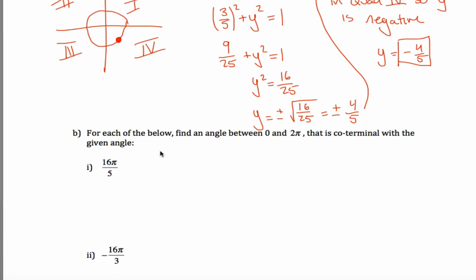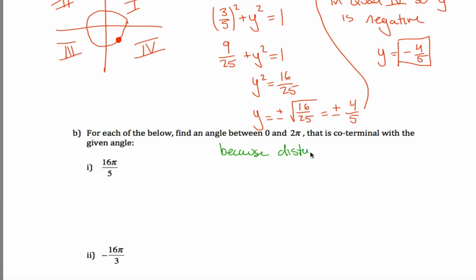All right, for each of the below, find an angle between 0 and 2 pi that is coterminal with the given angle. So what this is saying is if you walk 16 pi over 5 around the unit circle, you'll end up at a point. What is some distance between 0 and 2 pi that you could walk that would leave you at this exact same point? Well, the key is because